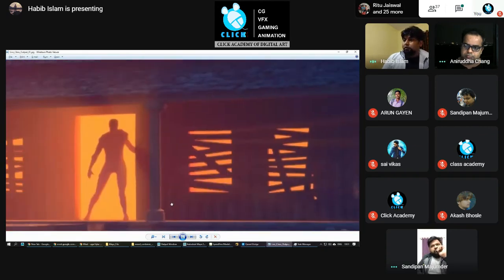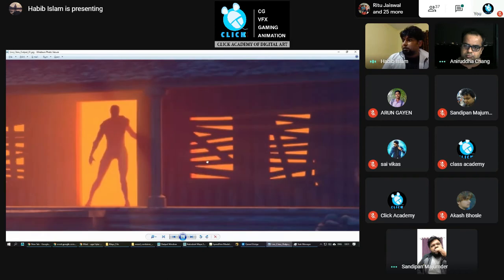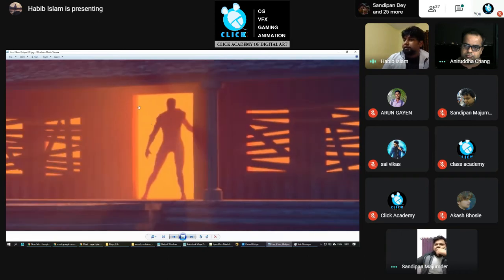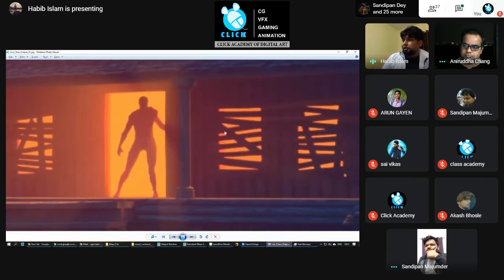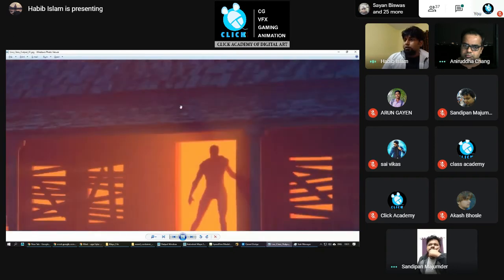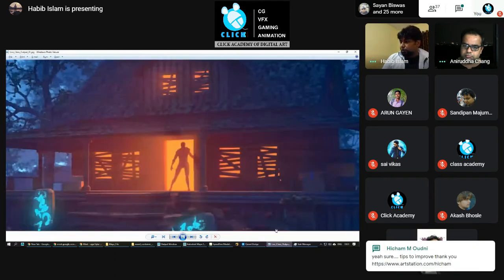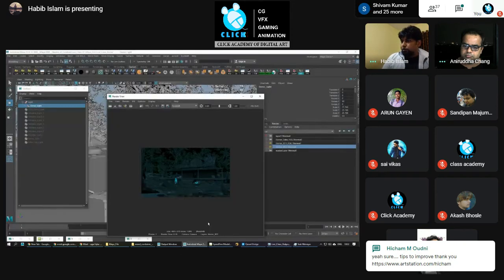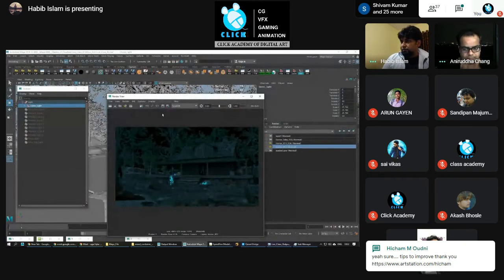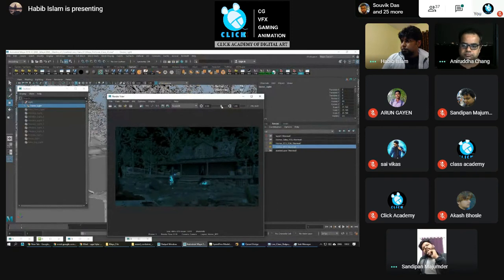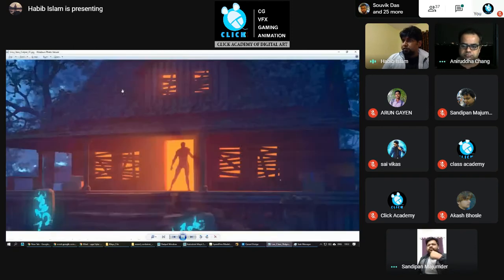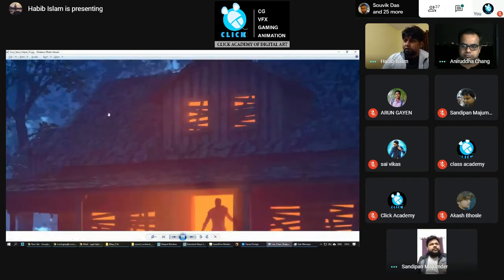Okay. Then for each and every hole, I've created one different light. Like for the door, there is one separate light. For all these windows and top windows also, there are separate lights for each and every window or door. So this is the basic lighting of the dome. Whatever you are seeing here is the output of the dome lighting. So this is just the dome light.